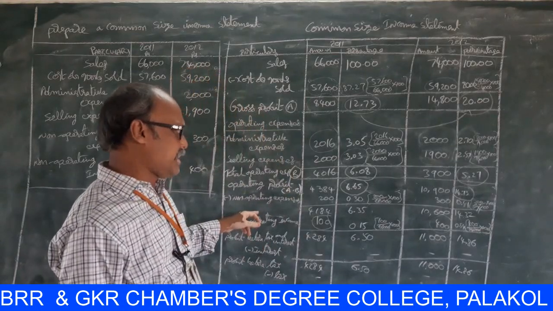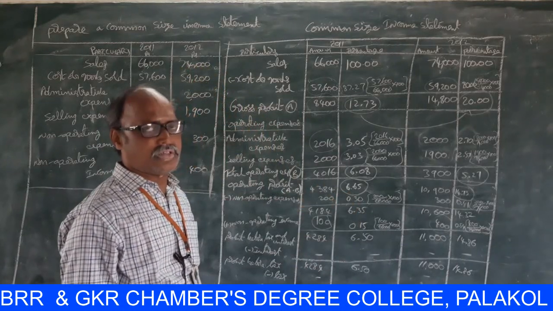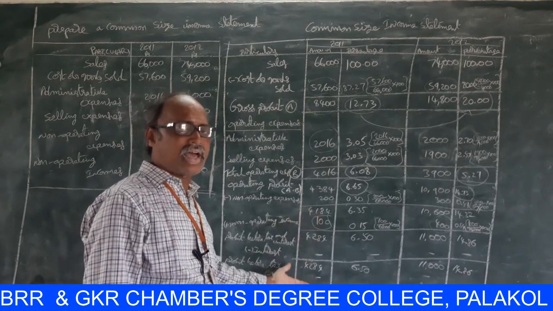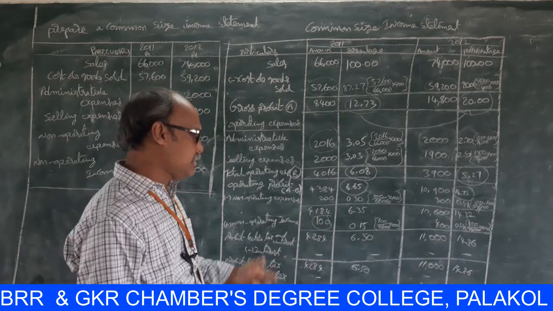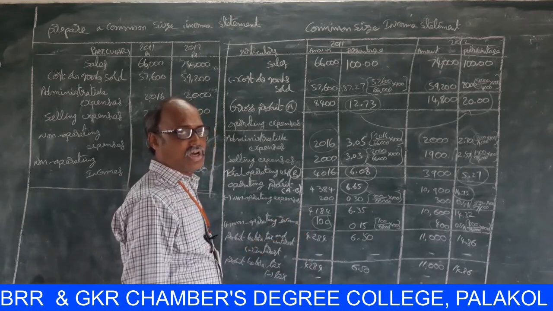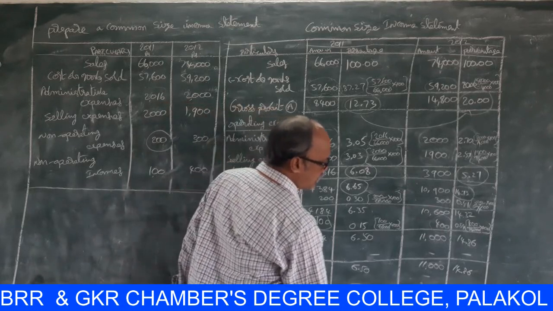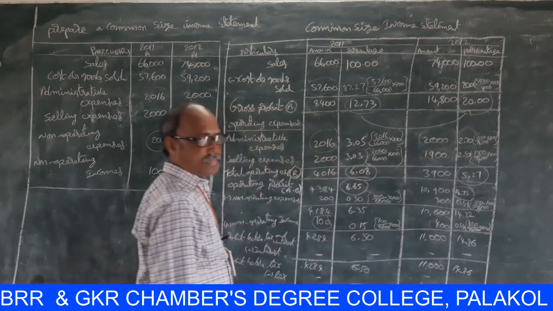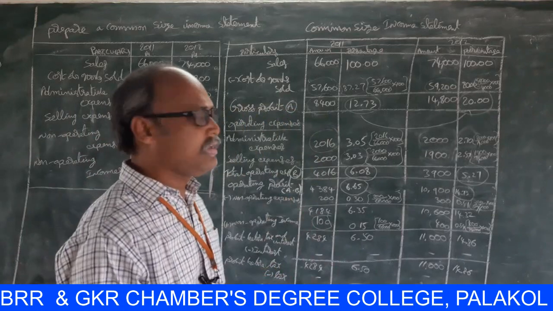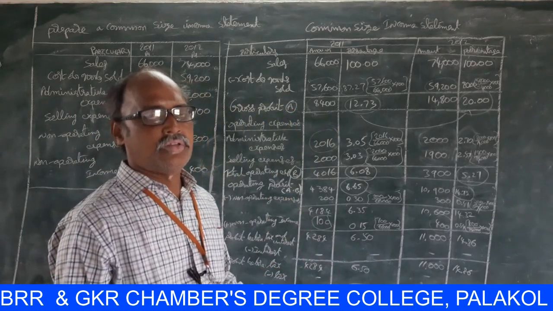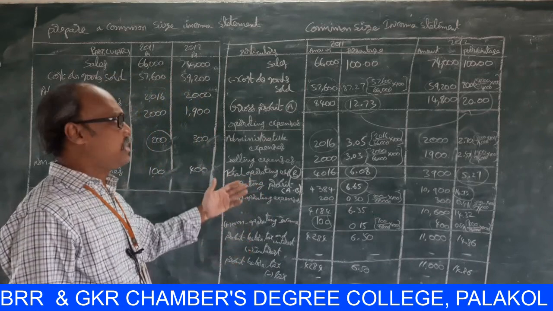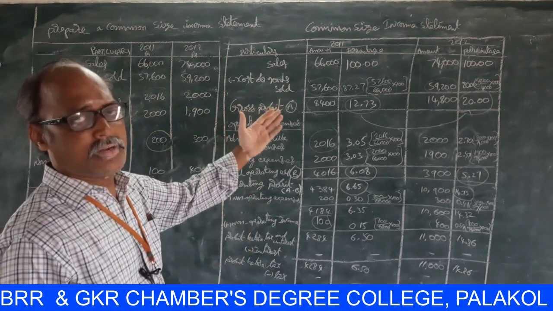Next one, non-operating expenses. A little bit of change in non-operating expenses is there. There is no other transaction of interest and tax in this problem. So regarding this, the net profit ratio of the organization is 6.50 here and 14.86 here. So overall, the profitability position of the company is in a satisfactory mode. So this is a very important exercise problem for common size income statement. Thank you.